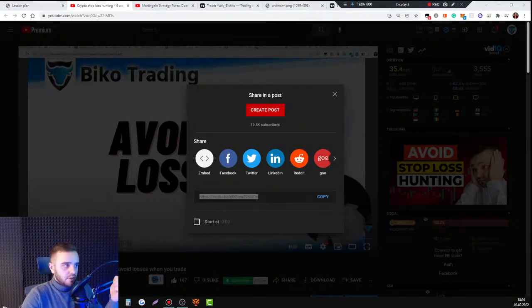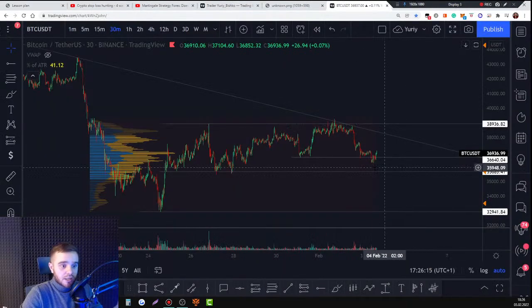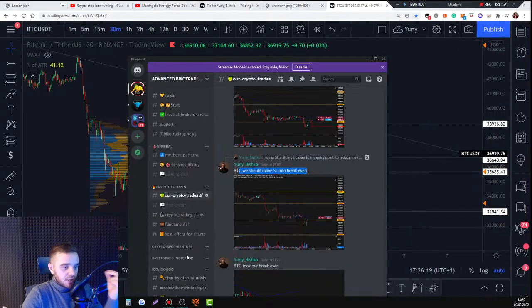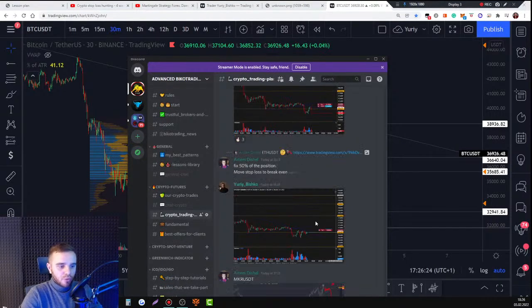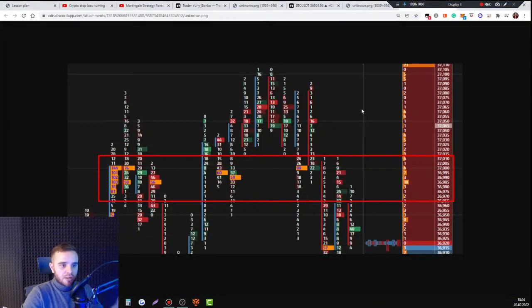First, learn how to trade after traps. Second, pay attention to where you open a trade, because quite a lot of you take trades in the middle of a range. And third, especially if you trade Bitcoin, learn how to use dominant footprint. Example, like why we took this trade on Bitcoin. Have a look at this big volume at 37,000.